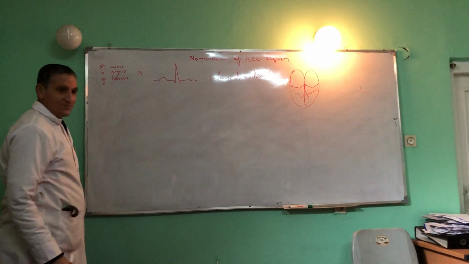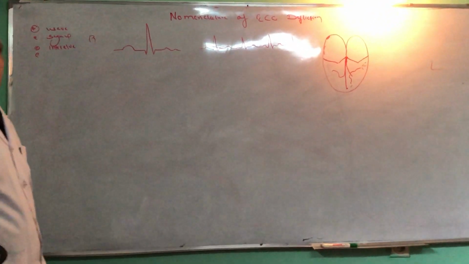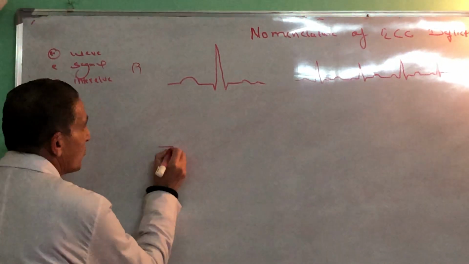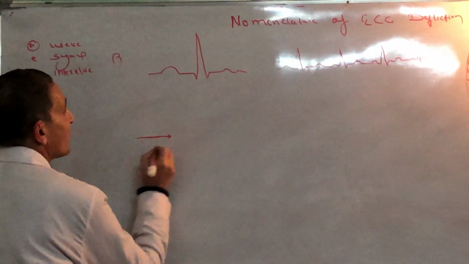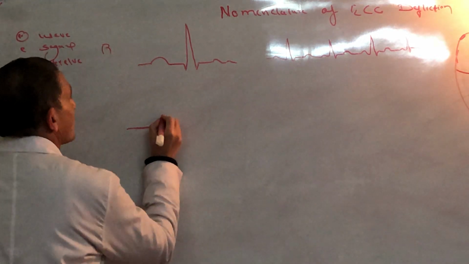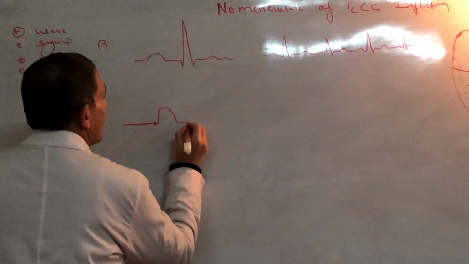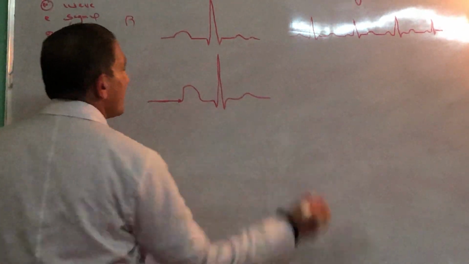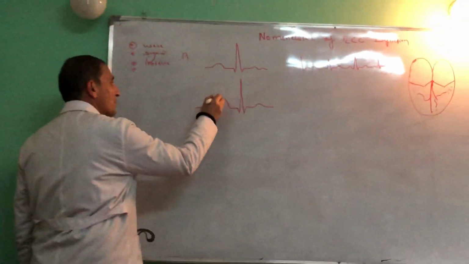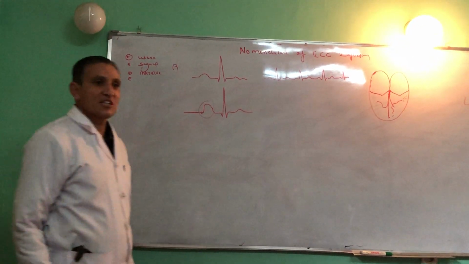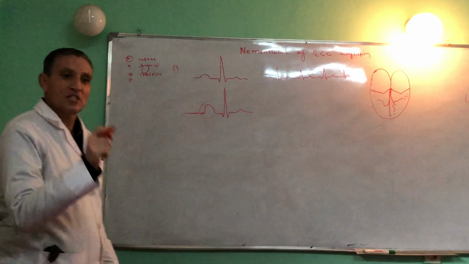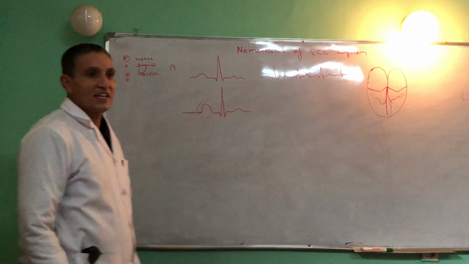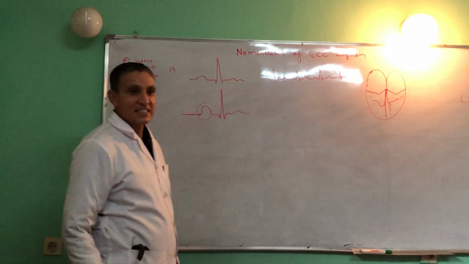Right now we come to the waves. How should I define the waves? You should help me. When the needle of the ECG machine goes up and down, they produce a picture. This picture is called a wave. What is the wave? Due to deflection of the needle of the ECG machine over the ECG paper, it produces special pictures. These pictures are called waves, which occur due to the up and down of the needle of the ECG machine. Generally in the ECG we have 6 waves,